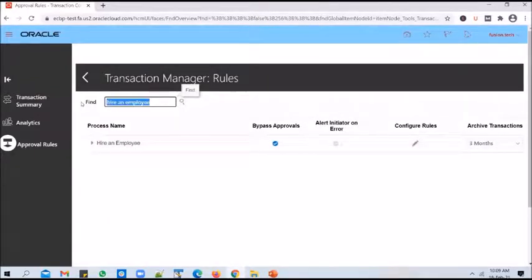But say, for example, if you pick a process like create job, so the job is HCM workforce structure, right? If you pick up this process, it would probably take 1 second for you to create a job, because all you have to do is fill in the job name and the job code and submit it. So pick up a process which takes the least amount of work to create transactions, because what we are going to do in the session is keep changing the configure rules, and to validate those rules, we'll be creating the transactions. We'll be creating at least 10 to 15 transactions.